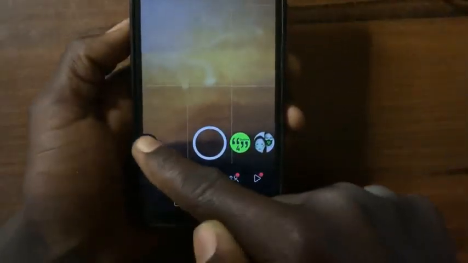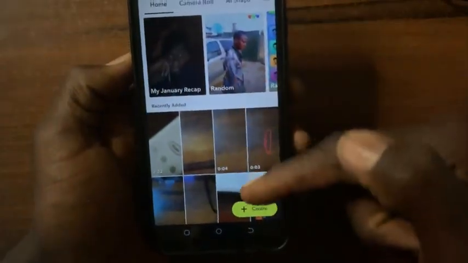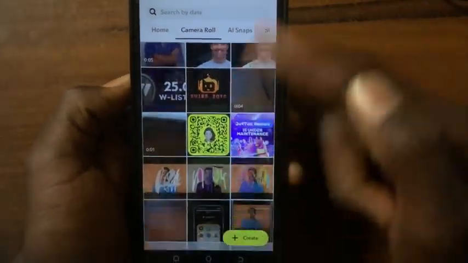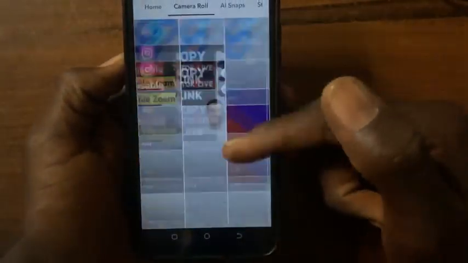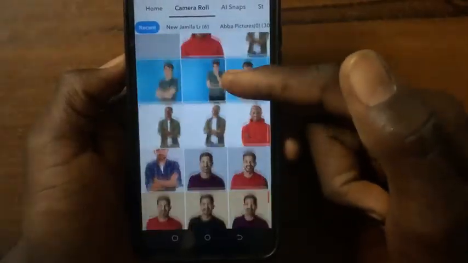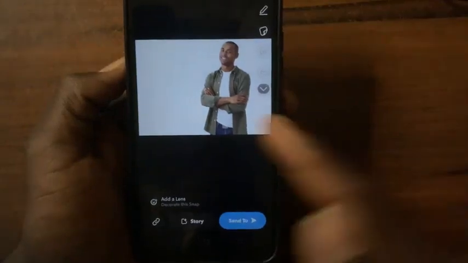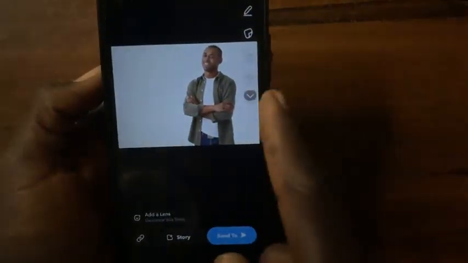After you open Snapchat, now tap on this gallery icon, this one. After you tap on this gallery, now go to this camera roll. From this section, now scroll down and search for the picture you want to add. So for me, I'll just go ahead and search for a picture. I'll use this one. After you select the picture you want to add the filter to,